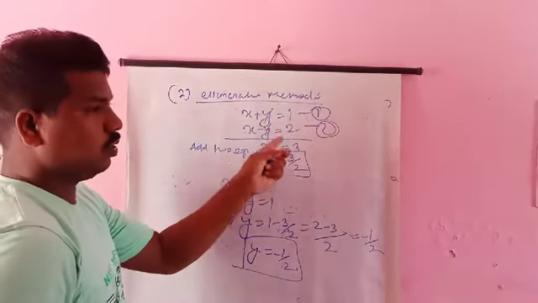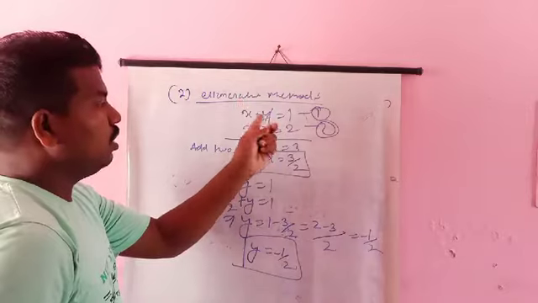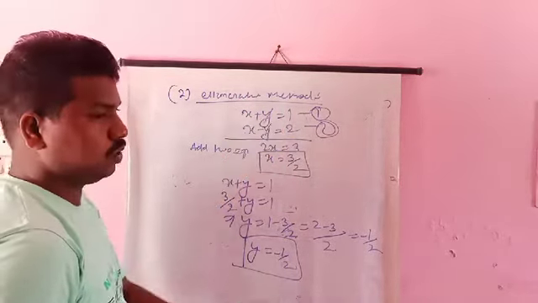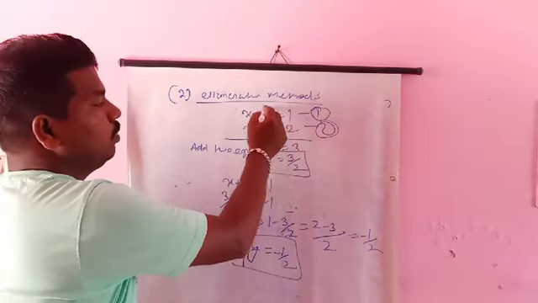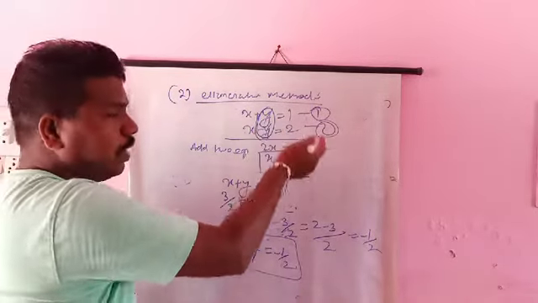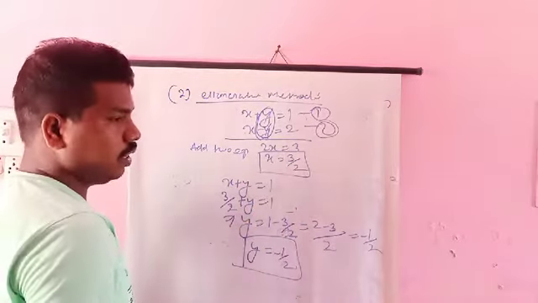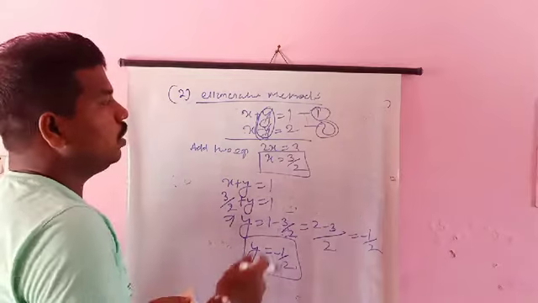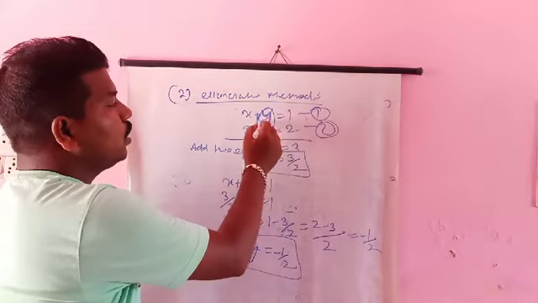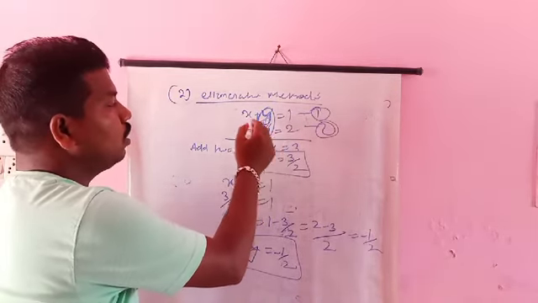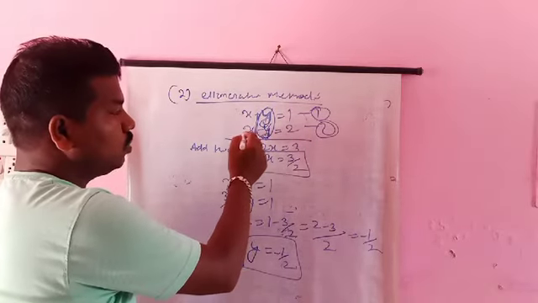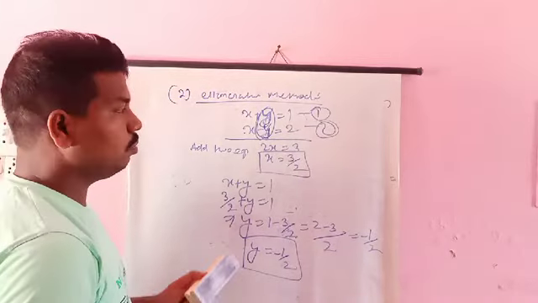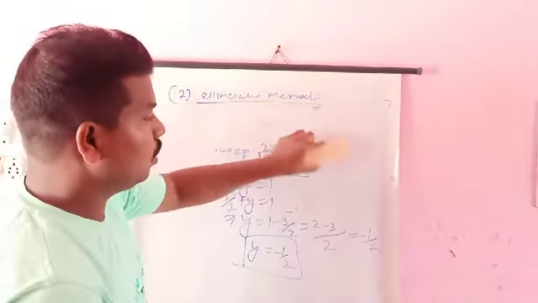In the elimination method, we have to cancel either x or y from both equations. So here we cancel y from both equations, either by adding or subtracting or multiplying by something else. So in this type, we solve the elimination method. Here the coefficient of y is 1 in both, and the coefficient of x is 1 in both. But if the coefficients of variables x and y are different, then how do we solve it by the elimination method?